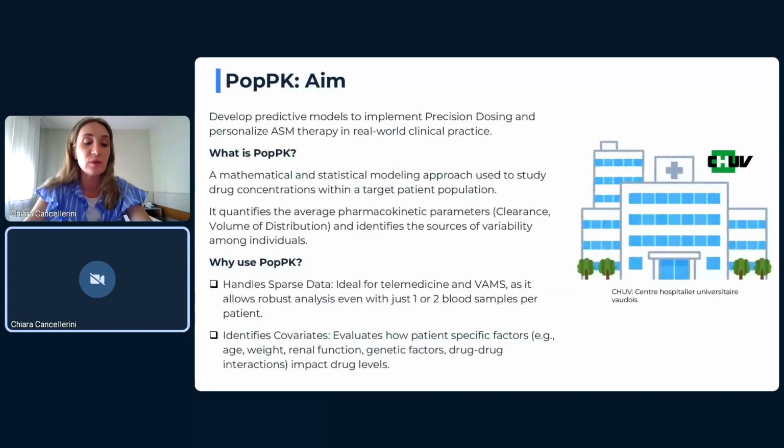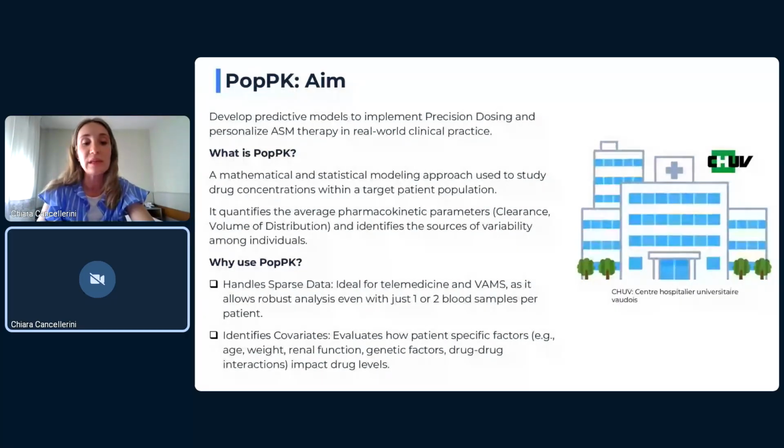And now we pass to the third part of the project, that is the POP-PK. So what is a POP-PK? Population pharmacokinetics is a model that we decided to perform for lamotrigine, because, as you see until now, it was the drug that we could better use with the microsampling. And we use a robust clinical data set from TDM that was performed in a Swiss cohort at the CHUV, the University Hospital in Lausanne.